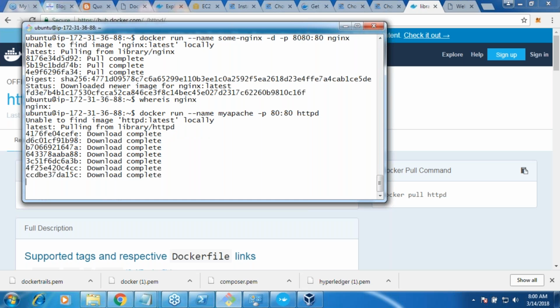After this, let us understand what has happened. Then we will be learning about two new concepts. The first is the isolated area of execution. And the next thing you'll be learning is what this image is. What does it mean by downloading this image?